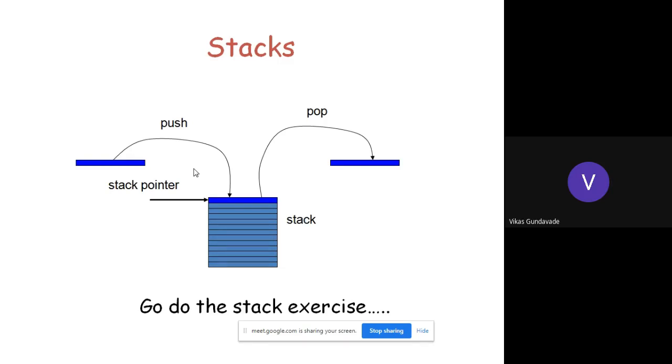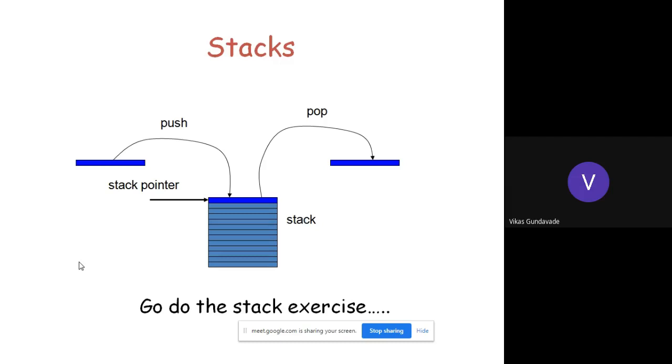Similarly, when the program counter jumps from one address location to another address location, or from one program to another program, then the address location of the program counter is stored in the stack. This stack is an 8-bit stack, and we can store 8 bytes of data in it. Whenever data is stored in the stack, it is stored in LIFO manner. What does it mean? It is last in, first out, or first in, last out.